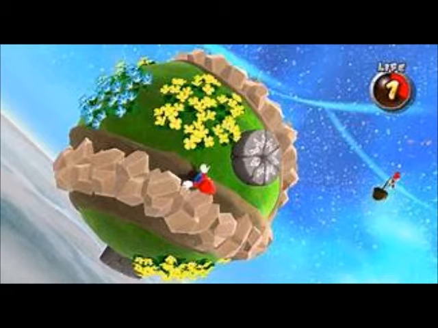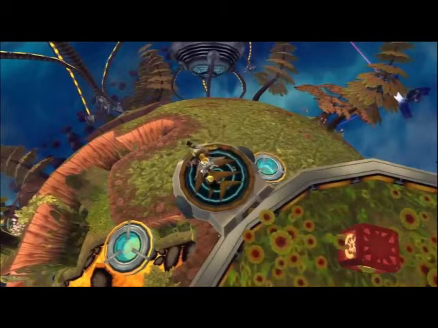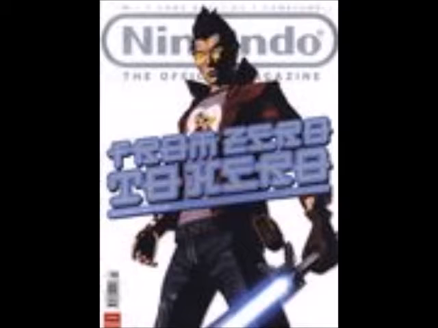For instance, with Super Mario Galaxy's spherical worlds, the concept came out at the time, and after it was revealed, the developers of the Ratchet and Clank games at Insomniac noticed that Nintendo had copied their idea of spherical worlds that they used in Ratchet and Clank 2 and 3. Now, in an interview with an official Nintendo magazine,